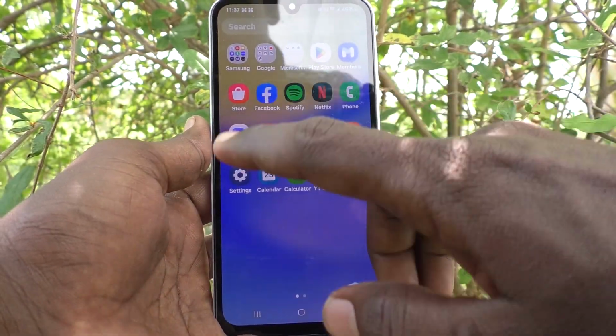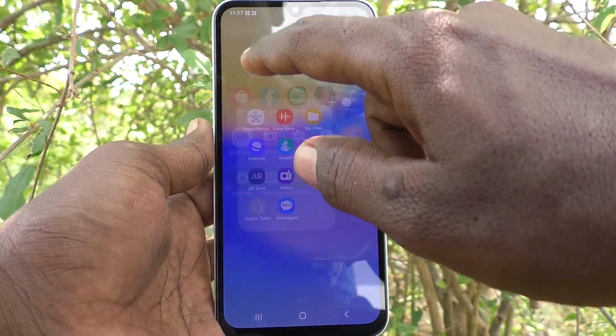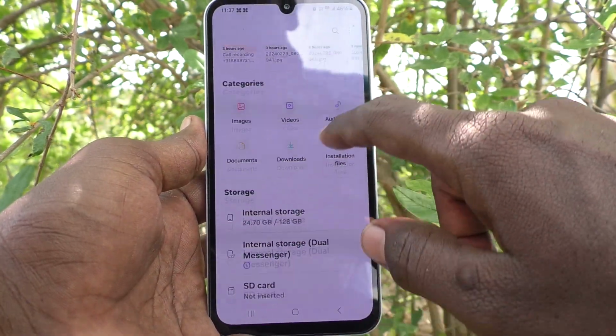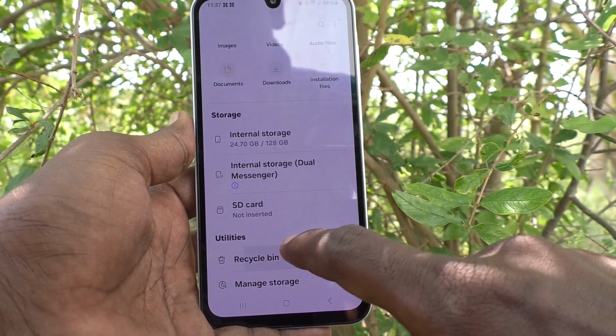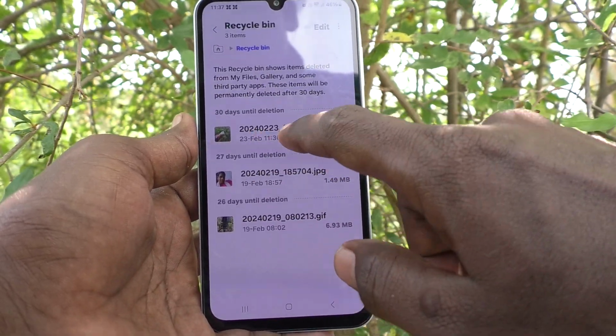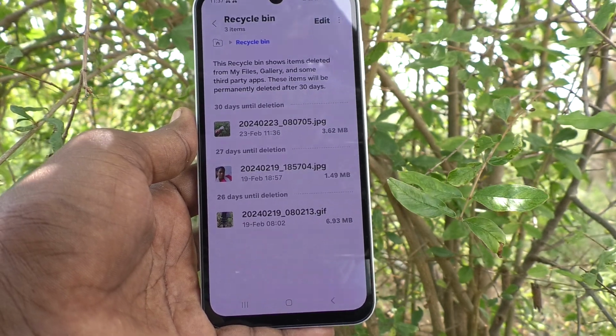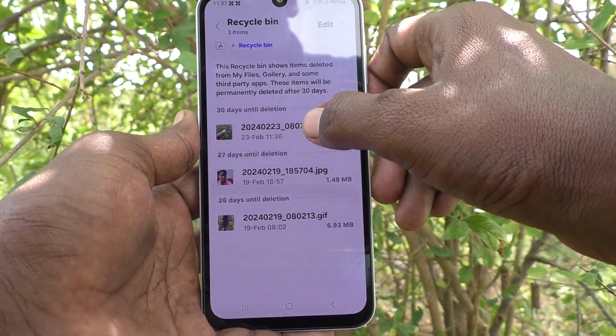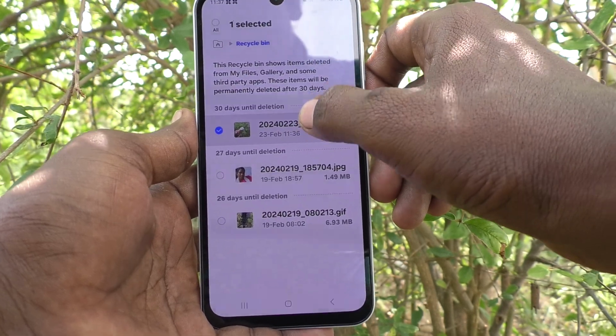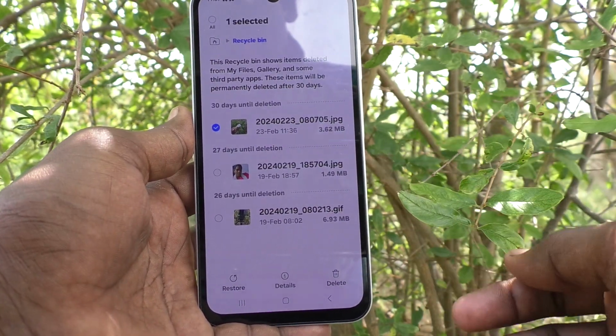What you have to do is go to the home screen of your phone and go to Samsung folder and go to my files, and here you will find one folder called recycle bin. Just click it, and here you will see the latest deleted photo or deleted file. Here this is the deleted photo that I did now, and I click on it, and to permanently delete you